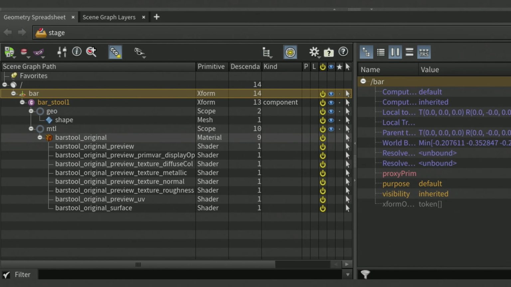You can see that I've highlighted this new primitive in the scene graph tree. It's important for a layout artist to be able to specify exactly where in the scene graph tree an asset is placed. Layout artists will typically be loading in many assets, and being able to specify where they are placed helps keep things organized.